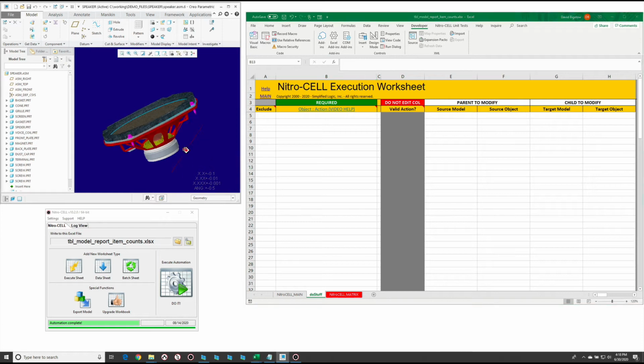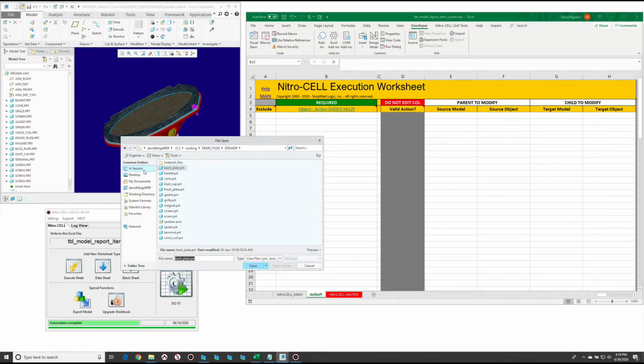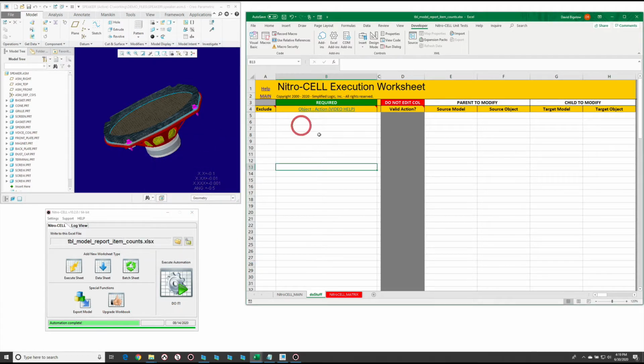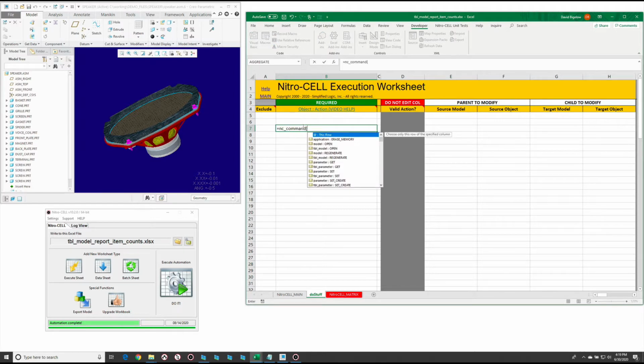Okay, so let's say that we wanted to get multiple assembly bills of materials, basically, or item counts from multiple assemblies that might be in session. So in this case, I've got two assemblies in session. And rather than type those in, let's just go ahead and capture that data to Excel and use that as